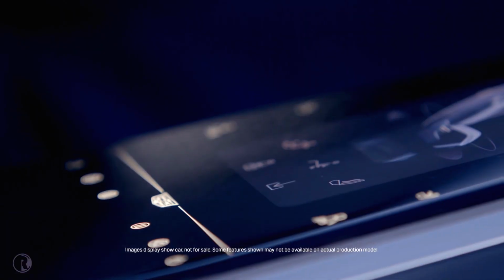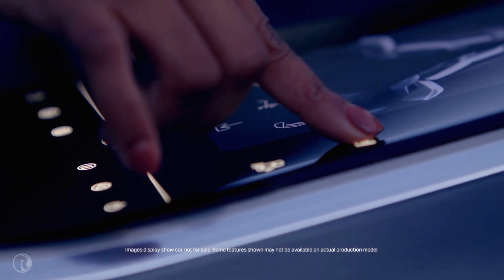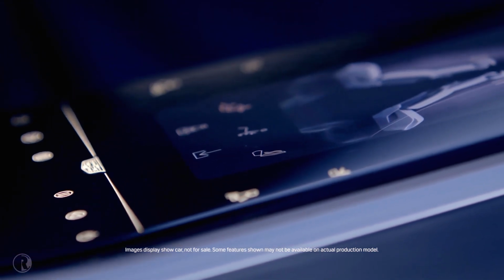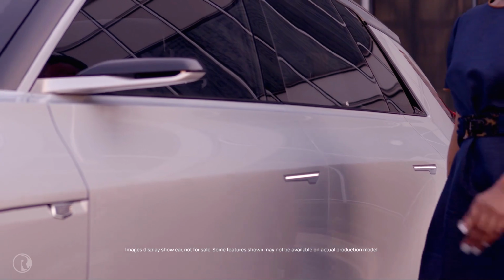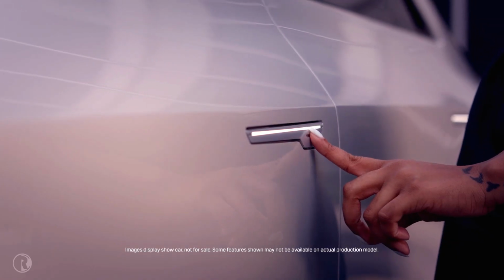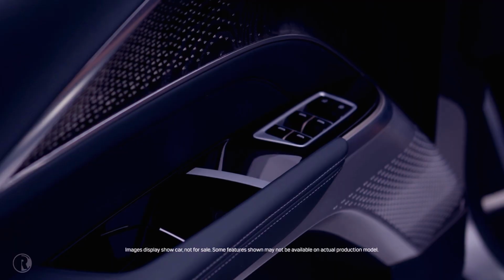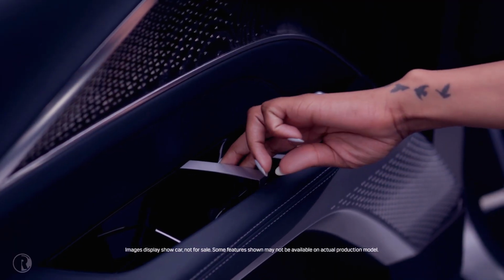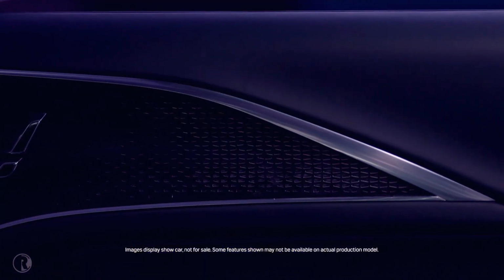The third read is that layer of discovery. It's those discoveries that help the customer fall in love over and over again. There's so many cool elements in this interior. When you open the door, we have this layered approach to the wood and metal. And when those parts are put together, it's illuminated from behind with a beautiful texture that's also echoed in the speakers,